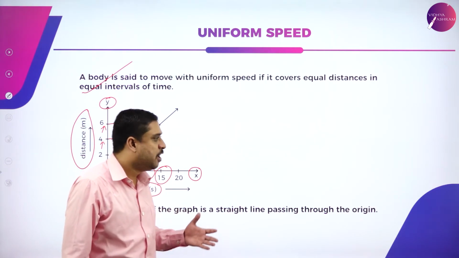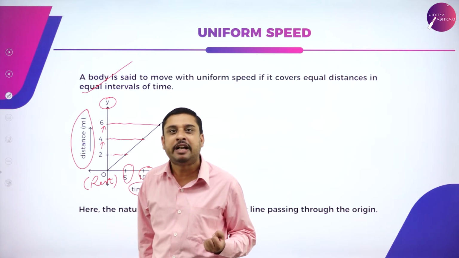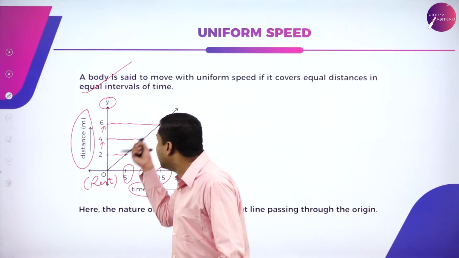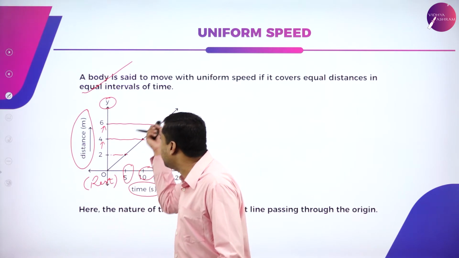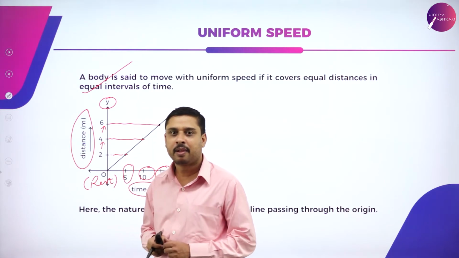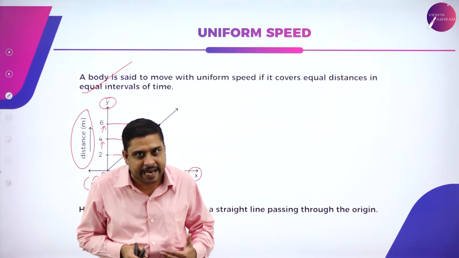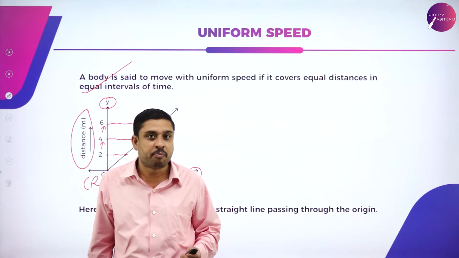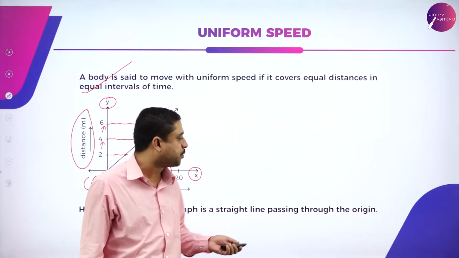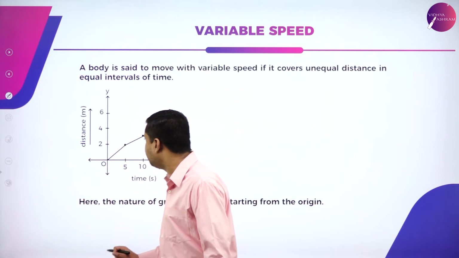Therefore, you observe that for such type of motion where the body has uniform speed, the graph is a straight line passing through the origin. So whenever I talk about uniform speed, do I have something called variable speed, non-uniform speed? Yes. If you observe here,